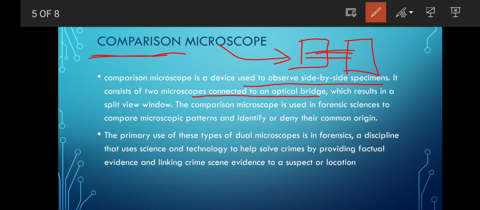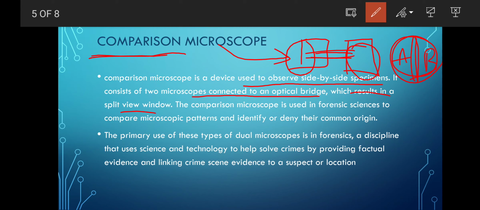The optical bridge connects the two microscopes to each other, which results in a split view window. Split view window means that on the eyepiece you will see both, sample A here and sample B here, in this comparison microscope.